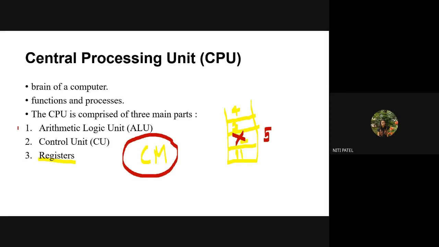So all these three components are nothing but the part of your central processing unit. ALU, which does all the processing work, control unit, who will be controlling this arithmetic functions, the register's work, taking the input, giving the output, displaying it on the screen. And what is the function of this register? Whenever the data is getting stored inside the CPU, inside the cache memory, how is it stored? It is stored in the form of a register. So register is also considered to be one type of memory. And where does that memory belong? That memory belongs to a cache memory.